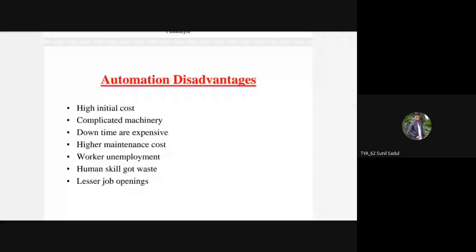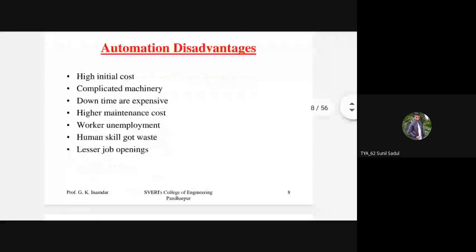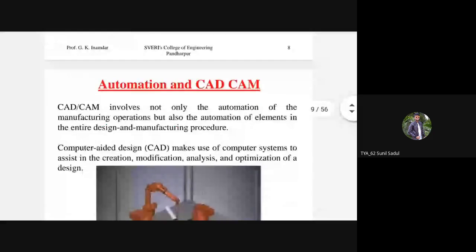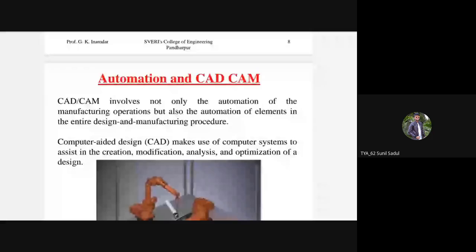Initial cost is also high for automation. Like this, we studied already. Now, automation and CAD. What is the relation between automation and CAD? Whatever program, whatever product we can manufacture or we can draw in